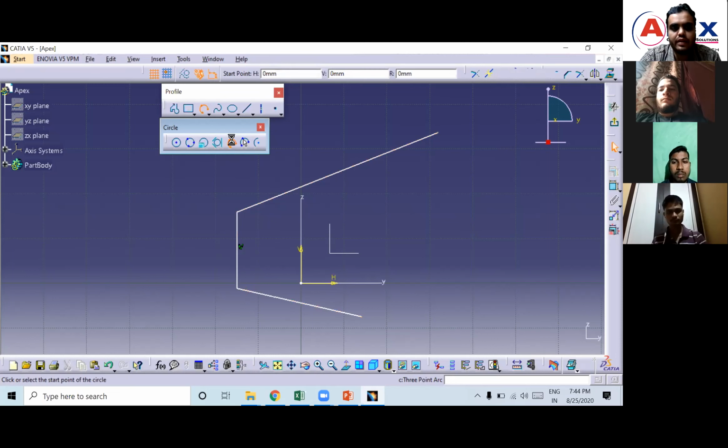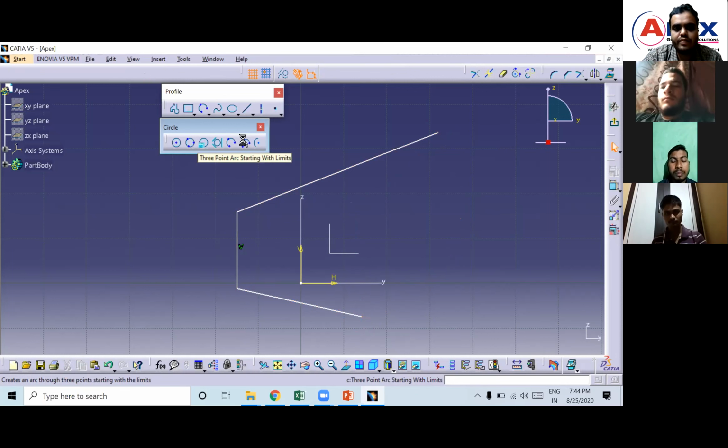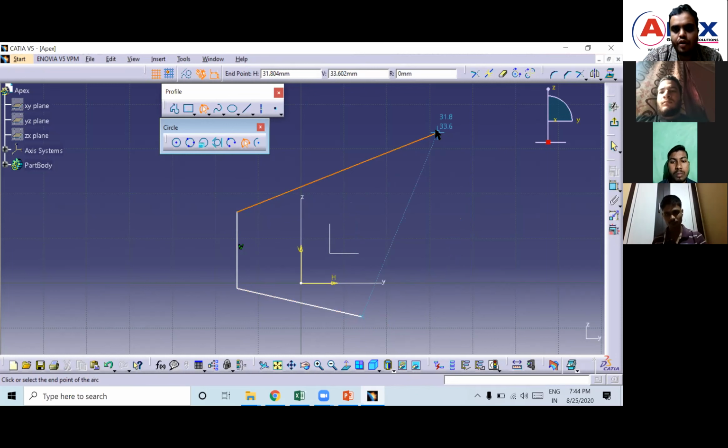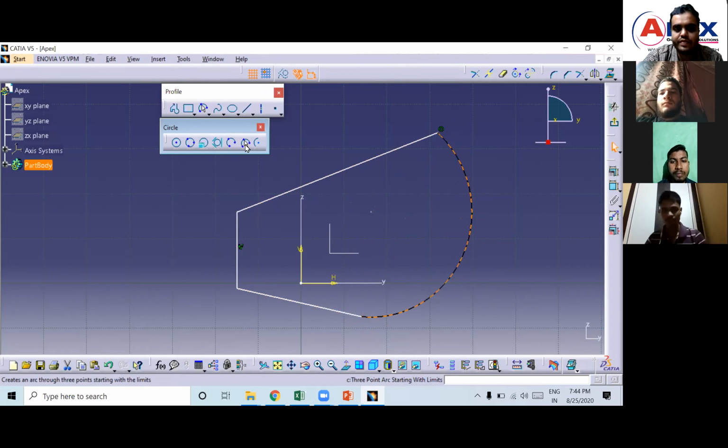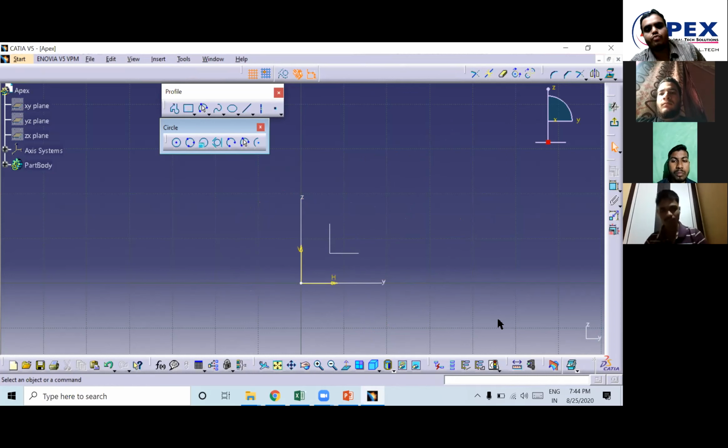So select the starting point, middle point of an arc, end point of an arc. Okay. Next, 3-point arc with limits means starting point of an arc, end point of an arc, and midpoint. So this is start, mid, end. This is start, end, mid. That is the major difference between these two. Both are the same, but how you use them is different.